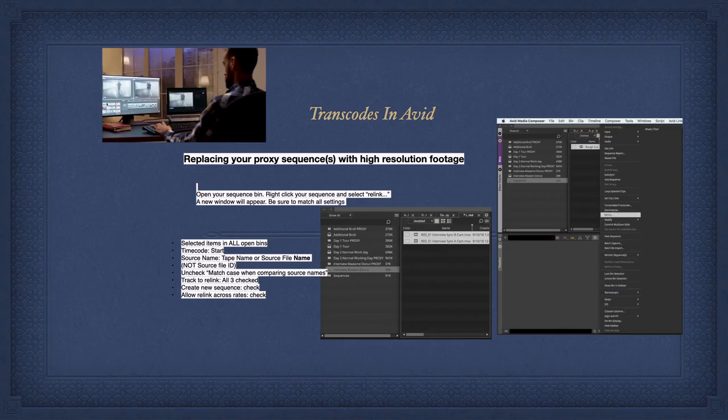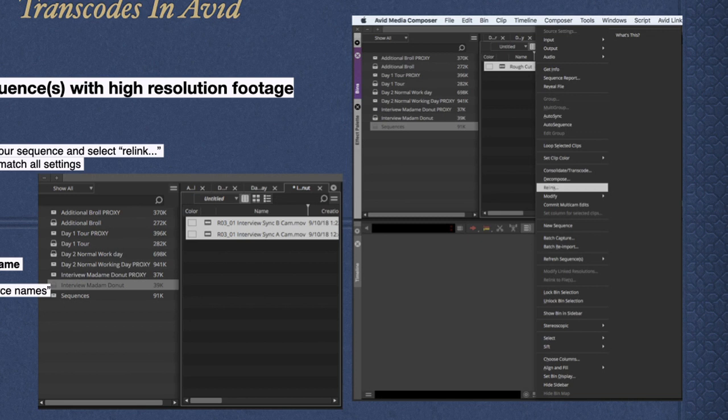Once you've opened your sequence bin, you can right-click your sequence and select relink, and then what it will do is relink to the high-resolution files. So as long as you haven't changed the timecode or you haven't renamed the files, it will then relink to the high-resolution files. And again, like we did before, you check all these settings, that you've used start timecode, that you've matched case when comparing names, that you've selected all the files to link to,